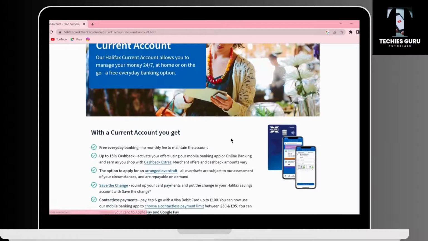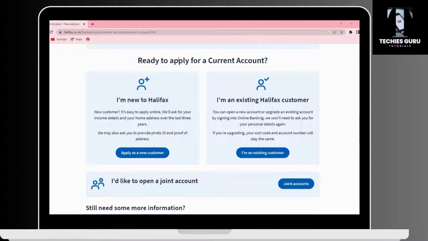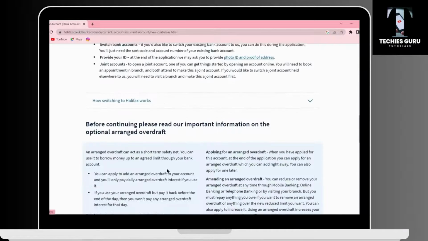And then under current account, scroll down, and then it will ask that ready to apply for a current account. So you have two options: apply as a new customer or I'm an existing customer. So if you are a new customer, click on a new customer. I'm a new customer, so I'll be clicking on apply as a new customer, and then scroll down,